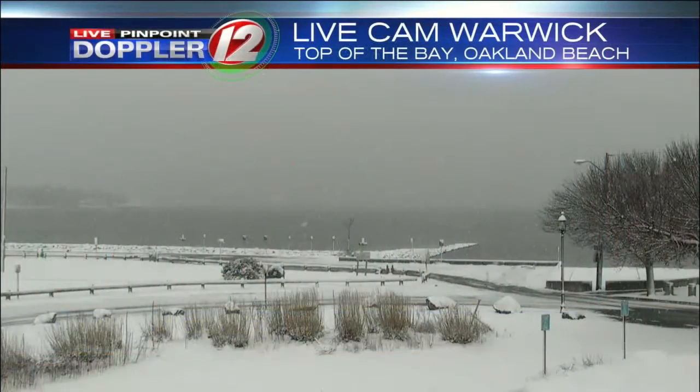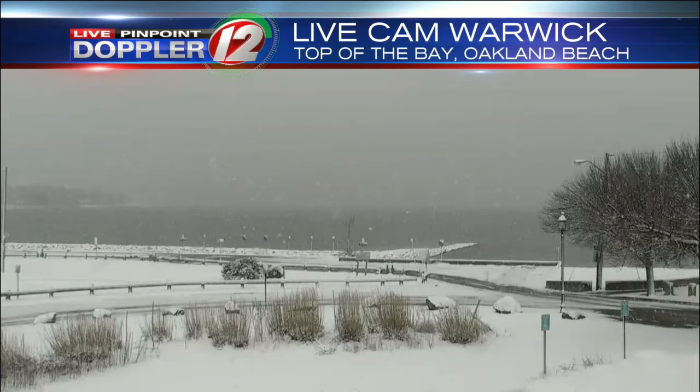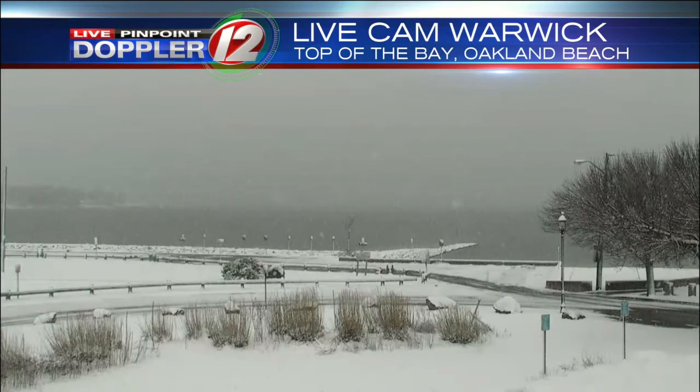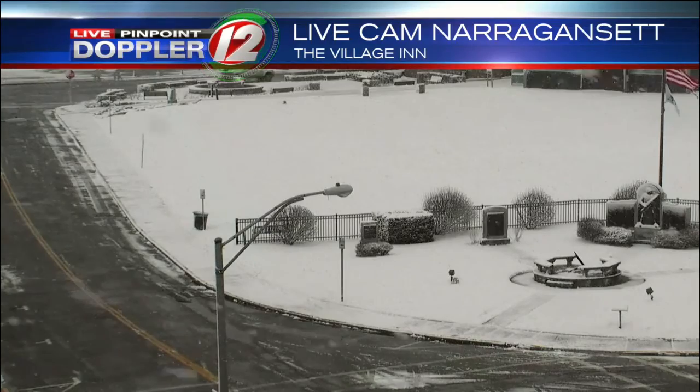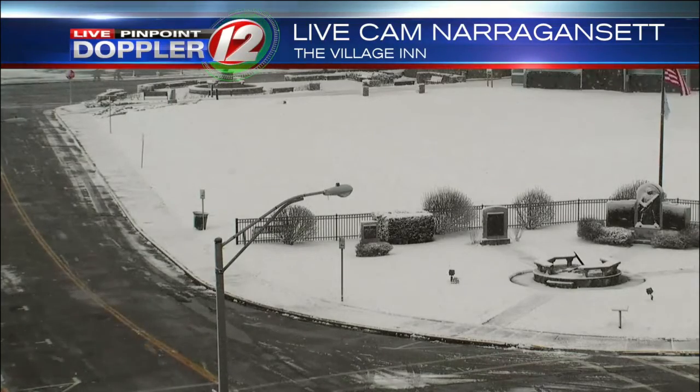right now, as we look at this Warwick Beach camera from Oakland Beach, you can see that the roadways are becoming snow covered again in spots in this heavier burst of snow that's moving through the area. So you may run into some of that reduced visibility and slippery travel again here as the morning goes on. And again, that's a view of Oakland Beach in Warwick. Here's the view of Narragansett, where the roadways are mostly wet, but you are going to find some patches of